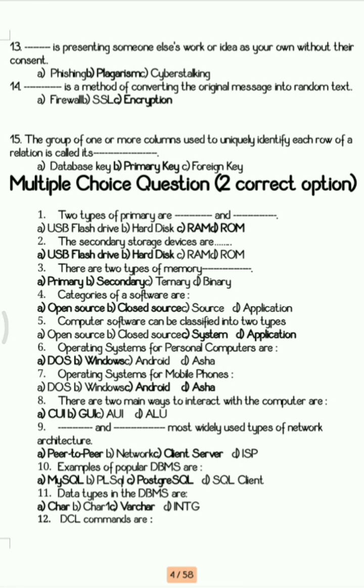Dash is presenting someone else's work or idea as his own work without his consent is plagiarism. Next, dash is a method of converting original message into random text. That is encryption. And the last MCQ: the group of one or more columns used to uniquely identify each row of a relation is called dash. So it is primary key.